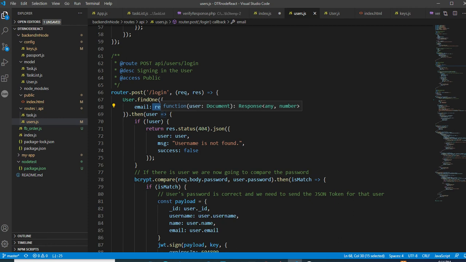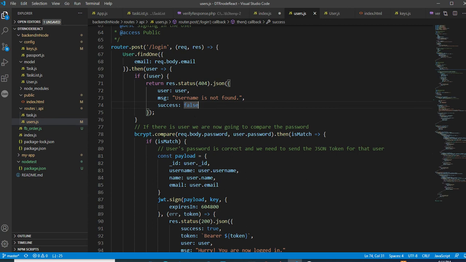Okay, then user, you got the user, and then if the user does not exist, then you can return a message. How will you return? Response. Again, for the response, you need to use this argument, which is res. This is for the response. You can give it any name, because this is just a variable argument. So this is the response. res.status(400).json. So in JSON format you are sending the data to the front end as the response. So if the user does not exist, then you are sending the message that the user is not found.